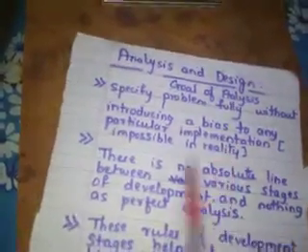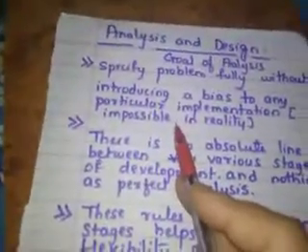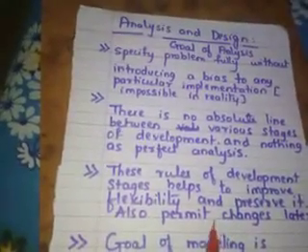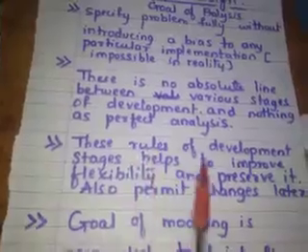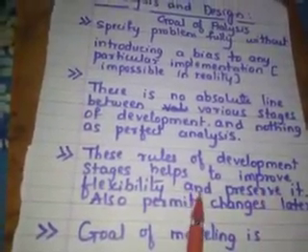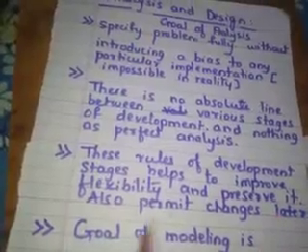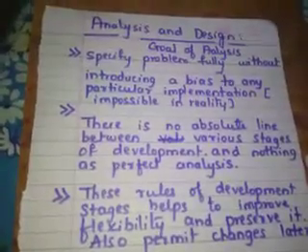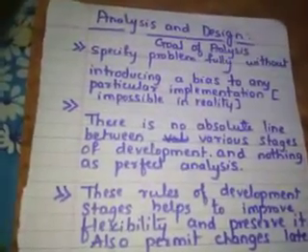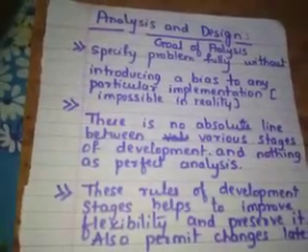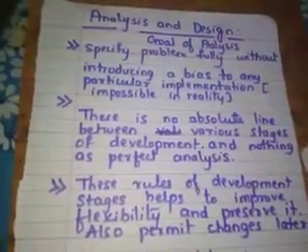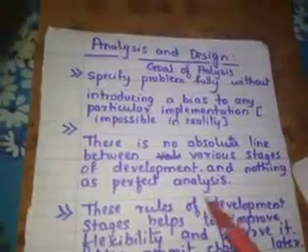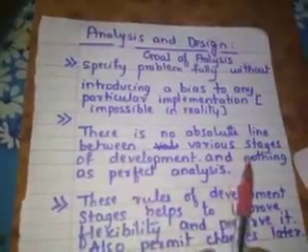In the same way we should give importance to all the operations that are to be implemented. Next, we are setting the rule that analysis should happen first, then the development. Why? Because these rules of the development stages will help us to improve the flexibility and preserve it. Because I cannot go on making changes in the requirements within the given time and budget. That's why there should be a rule which says that from this point you should stop collecting the requirements, and at this stage you should stop implementing changes in the design. That's why these rules are set. Otherwise there is no absolute line between the various stages of the development.